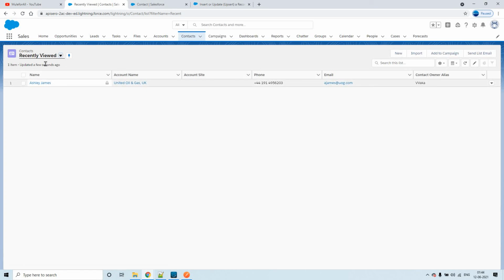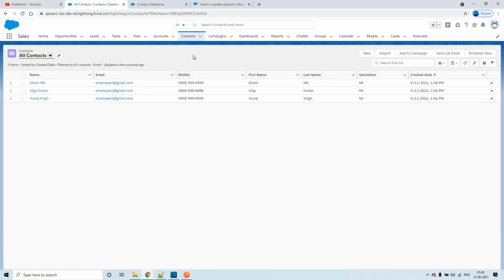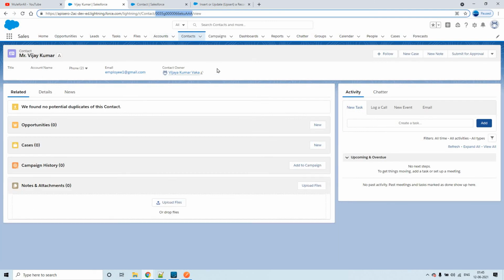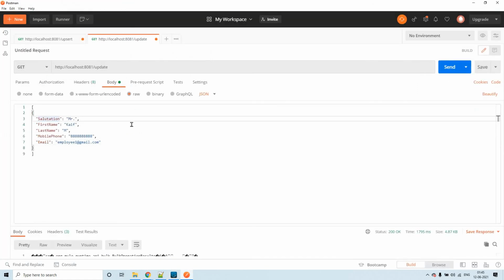By the object or record ID, you'll be able to identify whether it is a contact or account or location or different objects like leads. Now we have to send this as an input along with our request. Let me add that here. So id colon, you have to enclose this in quotes.